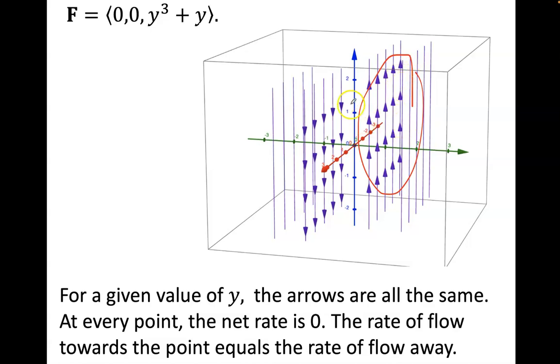Looks like y equals 1. If we look at y equals negative 1, all of those arrows are going to be the same. At every point, the net rate is 0. The rate of flow towards the point equals the rate of flow away. So for